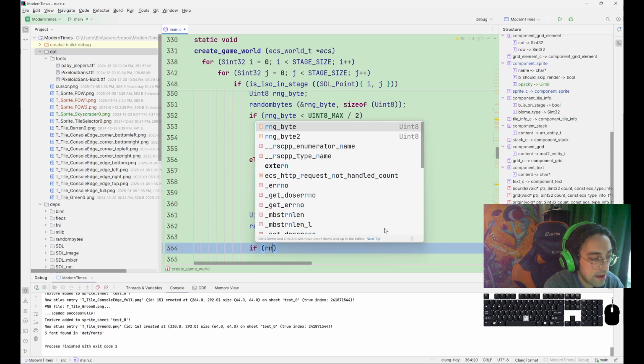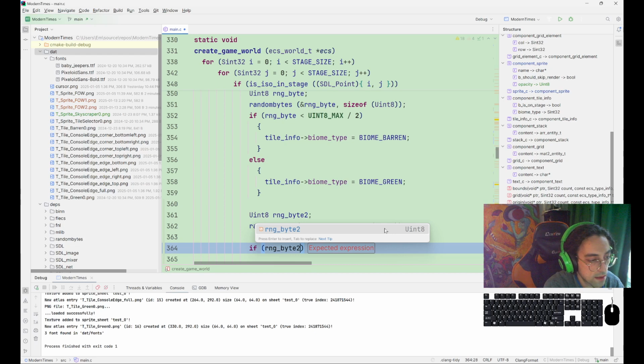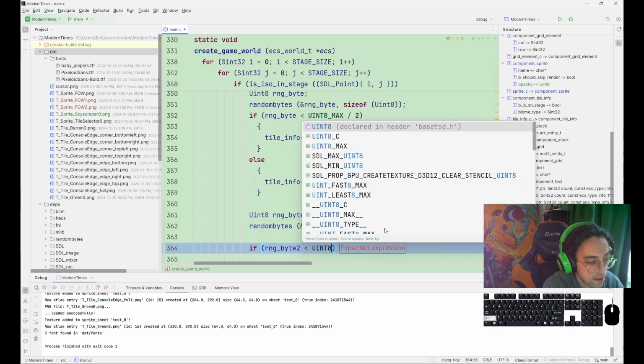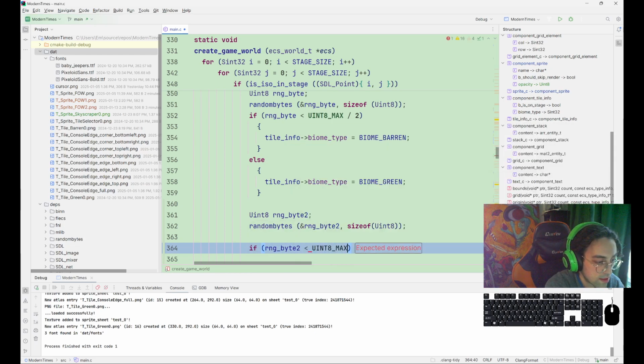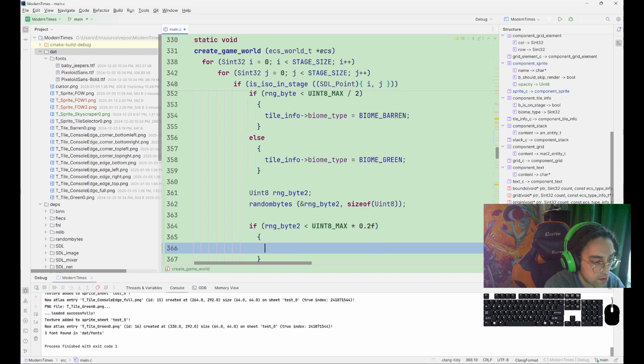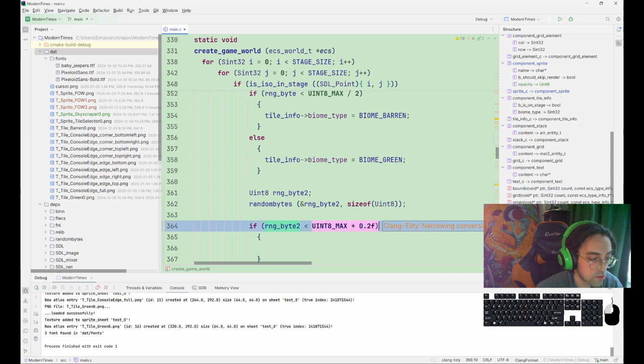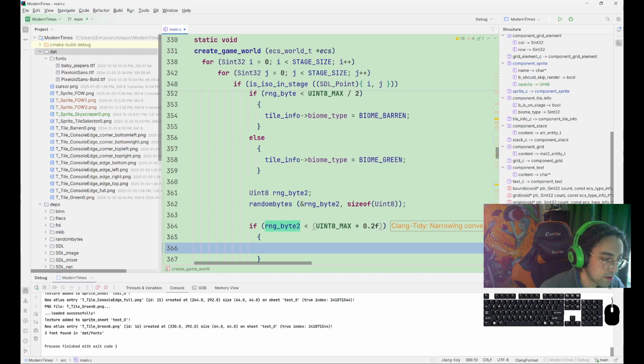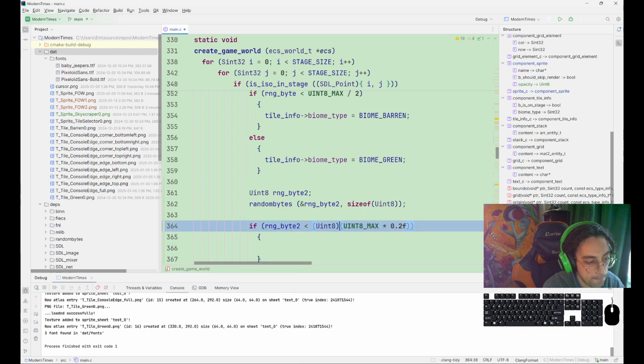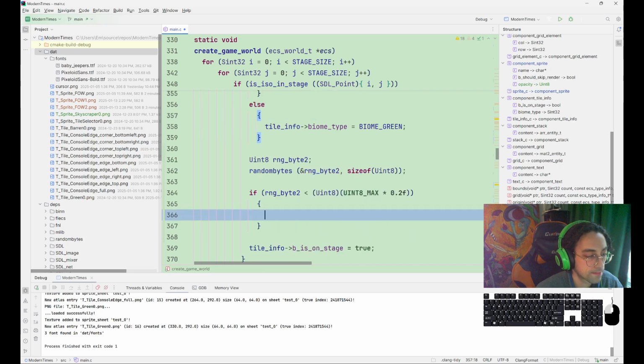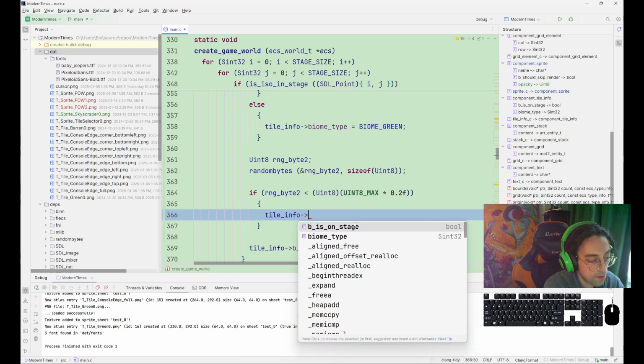And then we're going to say if this new byte is less than 20% of the max, so there's going to be a 20% chance, then the tile info, then we're going to say that